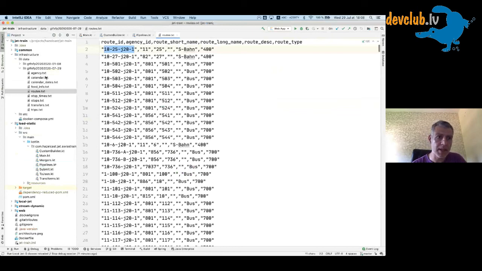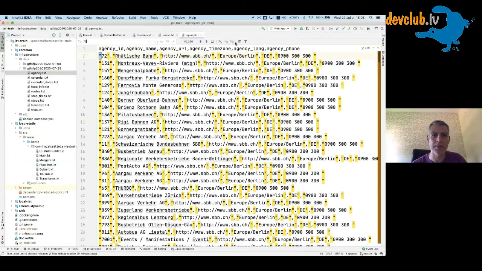So here the route ID, the agency ID 11. So if I search for 11, even that takes a bit of time. Yes, here it's Schweizerische Bundesbahn. So I want, when I load my routes here, to directly have Schweizerische Bundesbahnen in memory, so I don't need to look further. So this is the kind of stuff that I do.